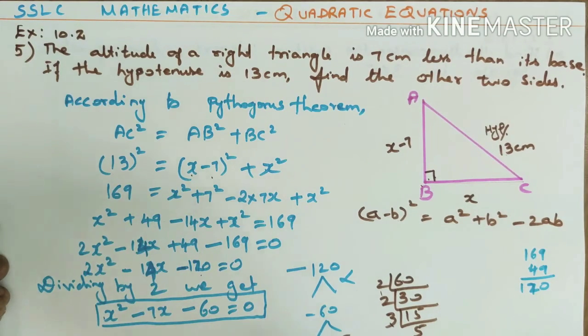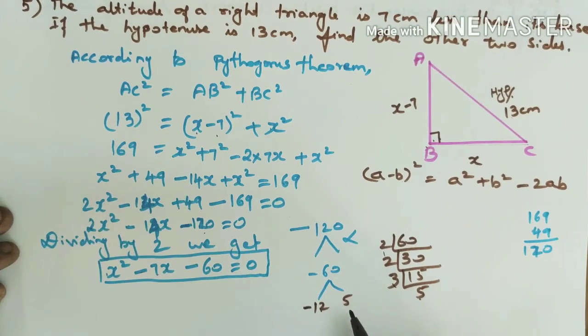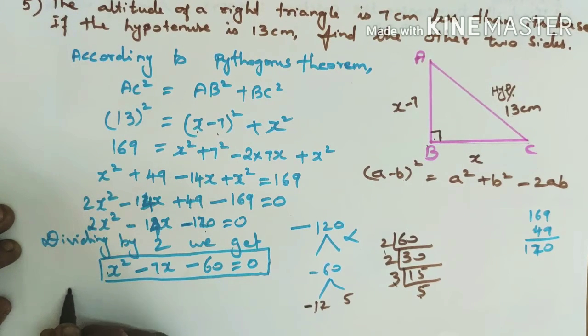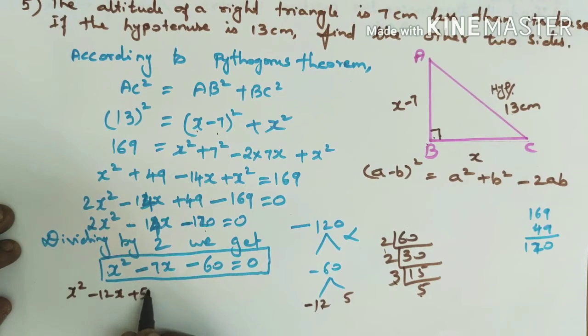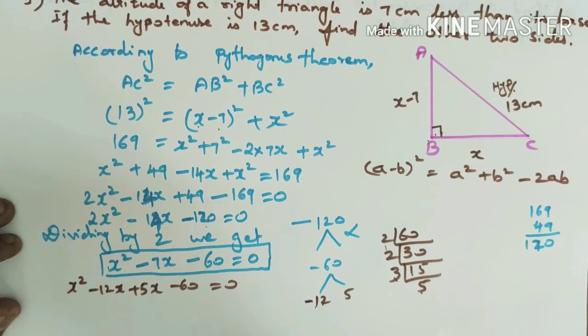So which will be the negative sign? Here it is negative. So the greater number should be the negative. That means when you simplify, you should get minus 7. So here minus 12 plus 5. If you simplify, subtract the number and put the greater number sign. So if you subtract, you will be getting 7. The greater number sign is minus. Is it clear? So instead of 7x, I should write x square minus 12x plus 5x minus 60 is equal to 0. Is it clear, children?